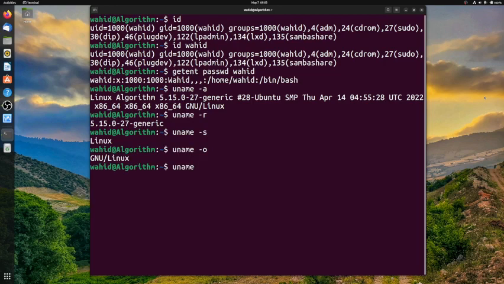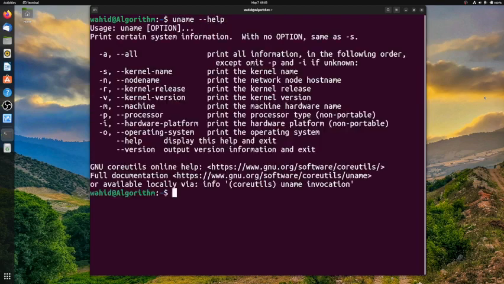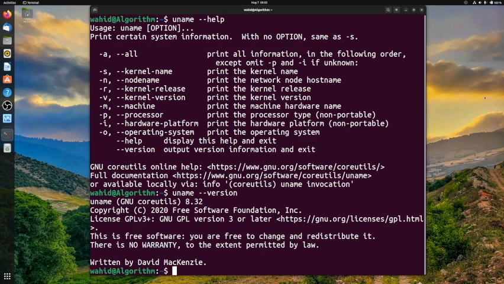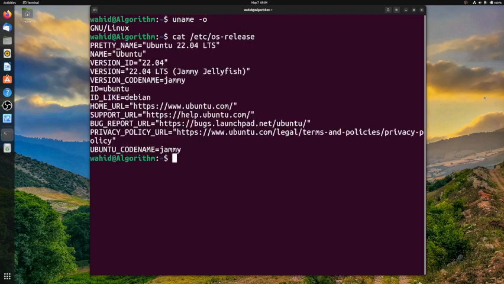uname -p, for example, gives you the architecture. -i gives you this. Those are all under one thing. uname --help gives you all the syntax. You can also do uname --version to get the version of uname, which is 8.32 here. And if you say uname -o for the operating system, you get GNU/Linux. Again, /etc/os-release is pointing to Linux Ubuntu 22.04, and we're running